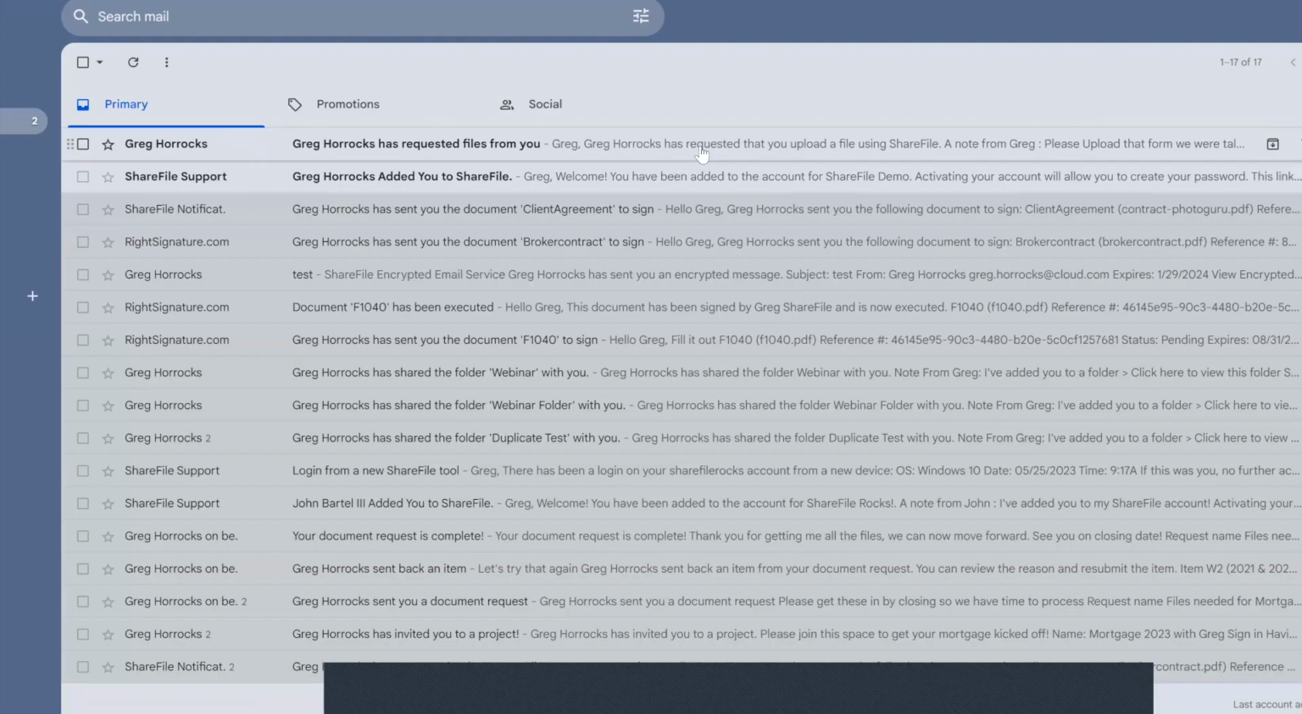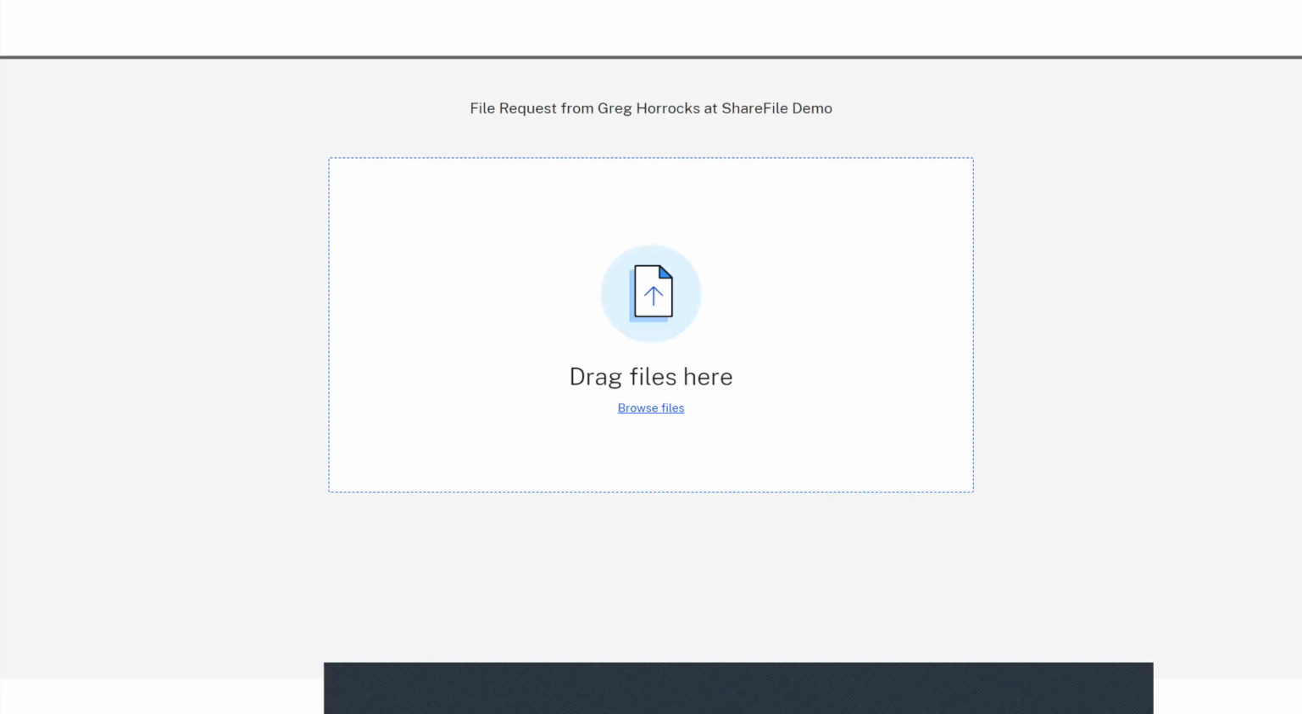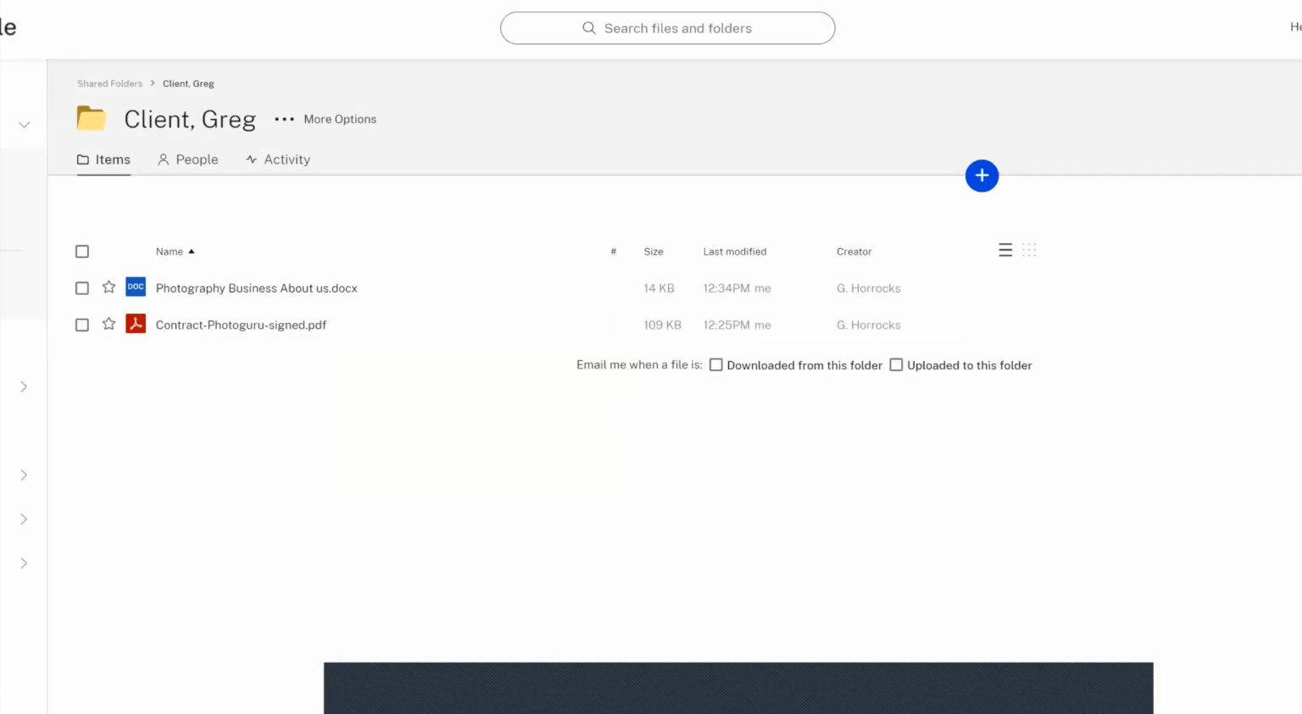This one says that has requested a file. And you can simply upload that file. And then it goes directly into that folder. And the last thing we'll touch on here, for this section, is we're going to actually send a signature